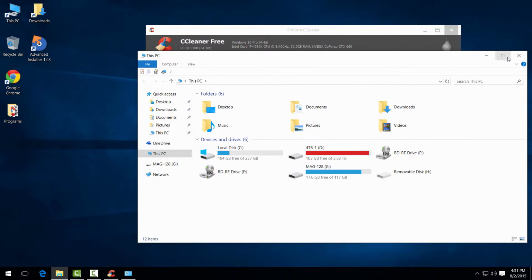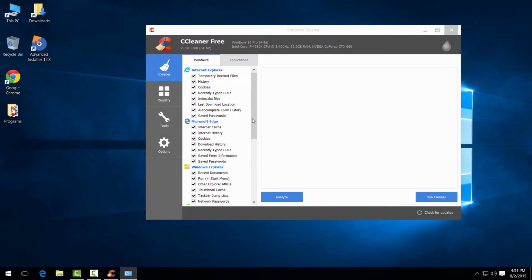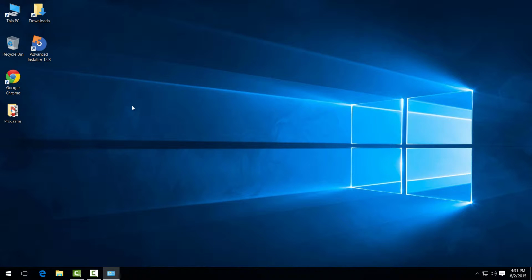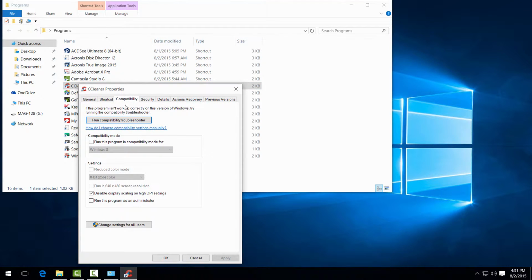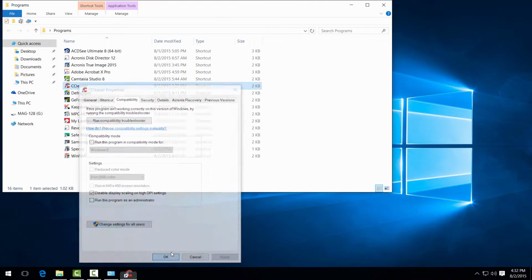Now, usually if you're using the program you're going to have the issue with, you're going to take the shortcut and right click, go to properties, go to compatibility, and disable the display scaling on high DPI settings. Now this is only if you're having issues with the letters and words looking fuzzy,